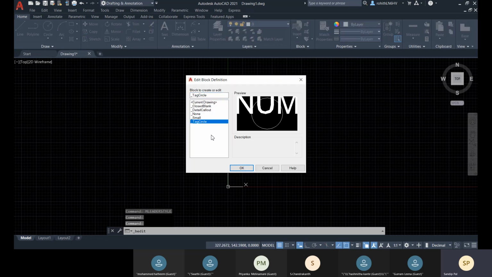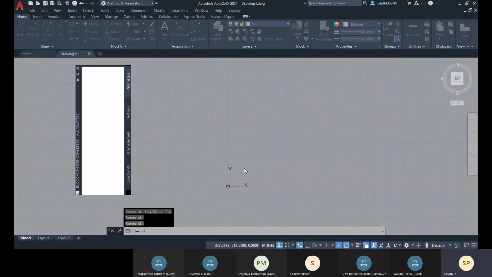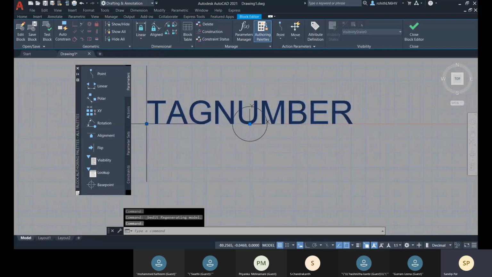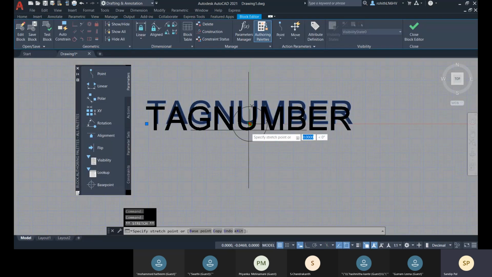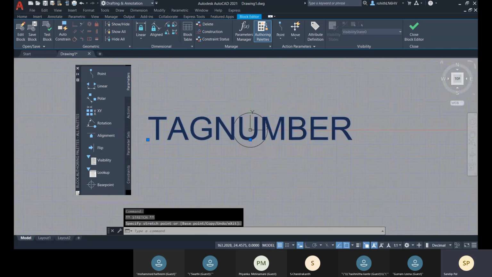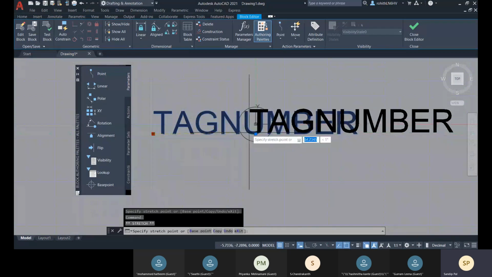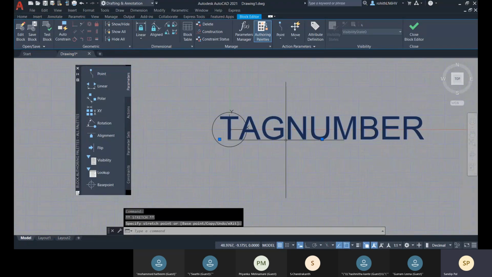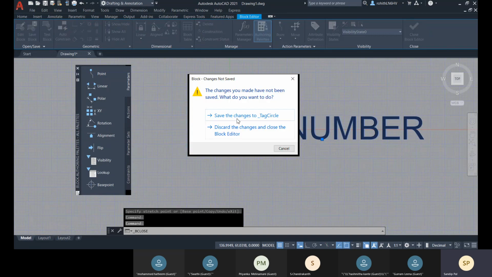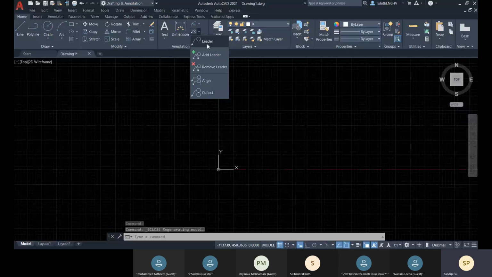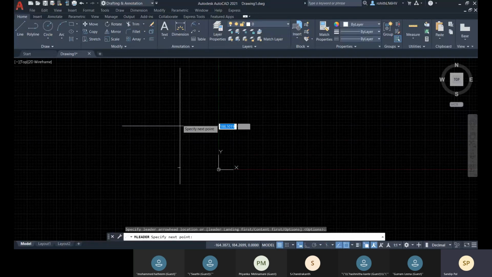And in this block editor, let me change the position. Change it to this. Let me see. Okay, so I will go from later and this.